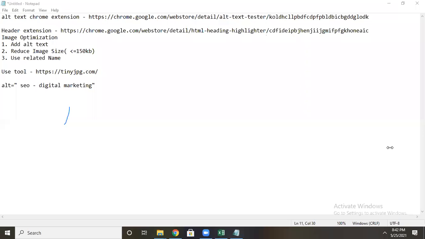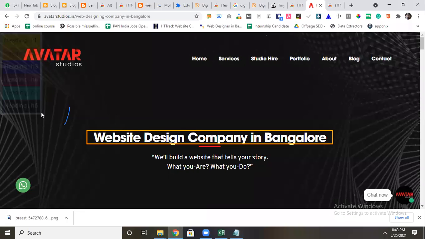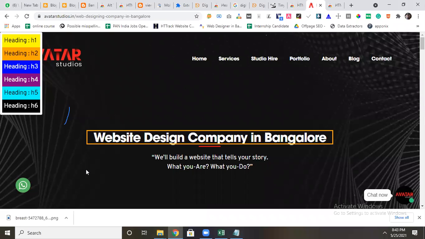Okay, this tag we have to use for image ranking purposes, and it must be there in the website. There is no need of arranging the header tags. You can use H1 from the top, and the remaining you can use as multiple things. See these icons, I'm not getting which icons you are telling. Maybe if this highlight is not coming on your laptop or desktop, check whether the Chrome extension is installed properly or not.